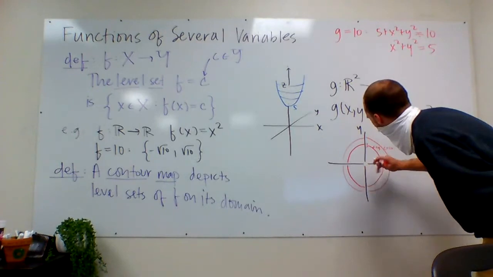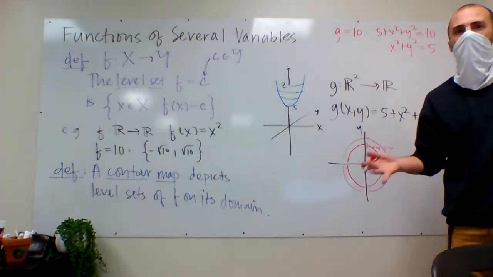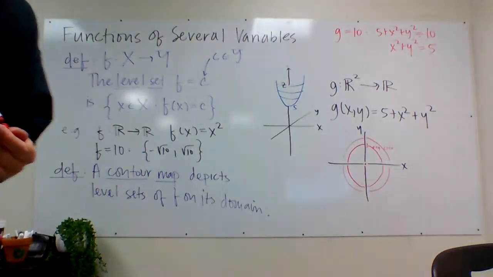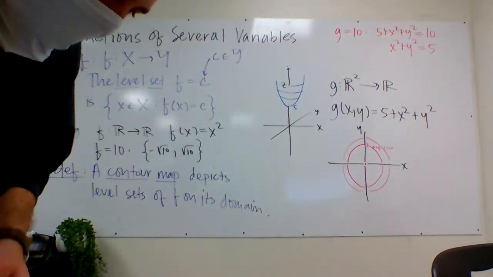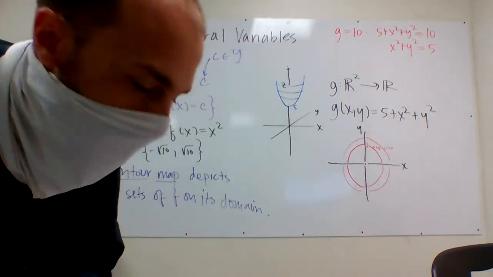All right, I think that's all I have to say about this. You can draw in as many concentric circles as you want, but you're not going to get any additional information from them. Okay, what else did I want to say? Oh, I did the contour map for that, and I'm just going to cap off this video